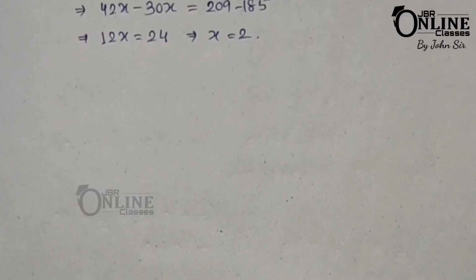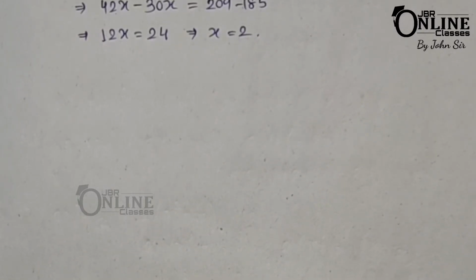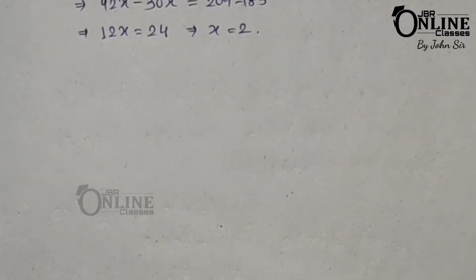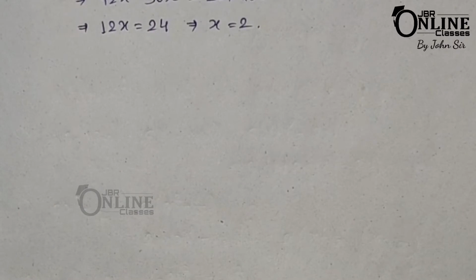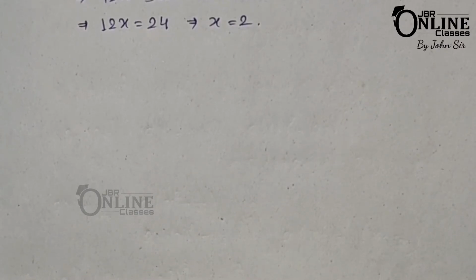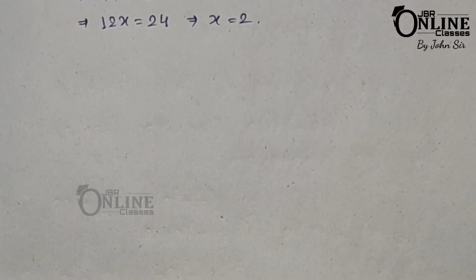Now sum number 7. In sum number 7, what number must be subtracted from each of the numbers? That means it is a similar kind of problem as sum number 6, and also sum number 8 is the same kind of problem. So I hope you can solve these problems.